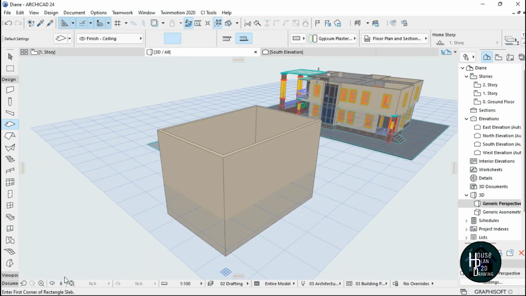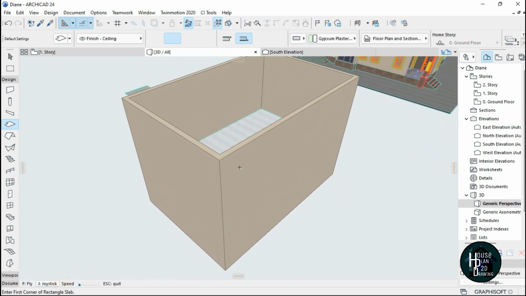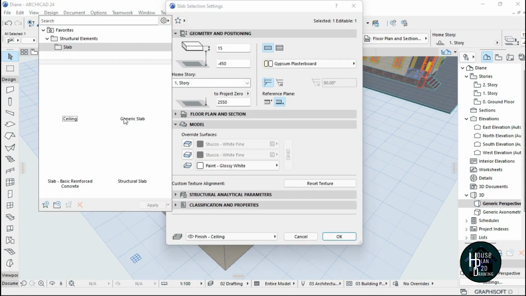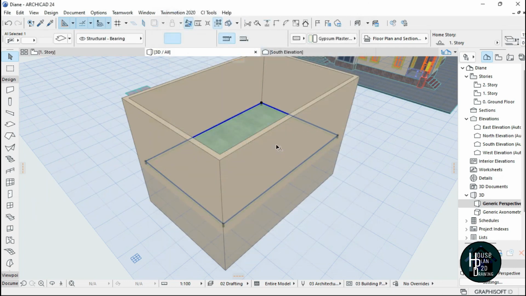Go to the 3D and check it out. It's going to be down, so click this. This is the ceiling, so I'm going to change this to slab. 150, click OK, then Ctrl D, take this up